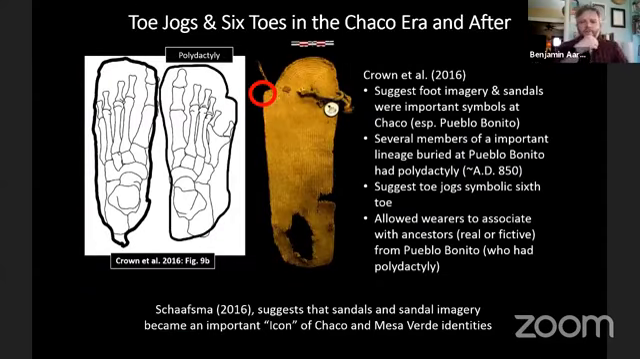Another really important attribute that people are really fascinated by in the Southwest are these toe jogs, right? A lot of people talk about the toe jogs. What does it mean? Well, Patty Crown and some of her colleagues at UNM, University of New Mexico, a couple of years ago put out this great article that looked at polydactyly, which is this genetic condition that certain people had in the Southwest. We still have it in the modern era. But in the Southwest, we know that a certain lineage that probably was one of the founding lineages of Chaco Canyon, and one of the primary lineages of Pueblo Bonito,